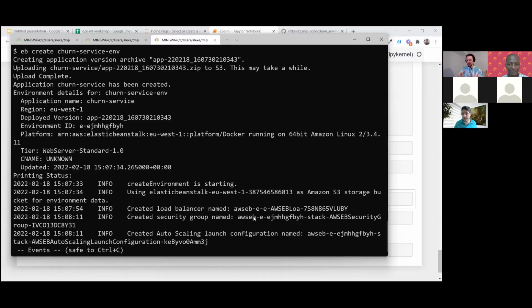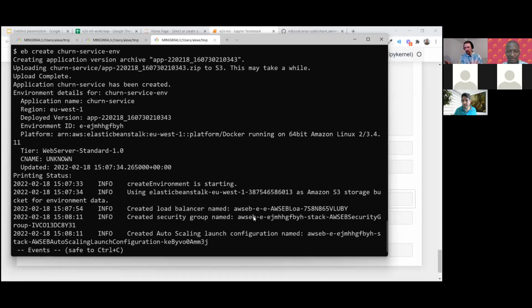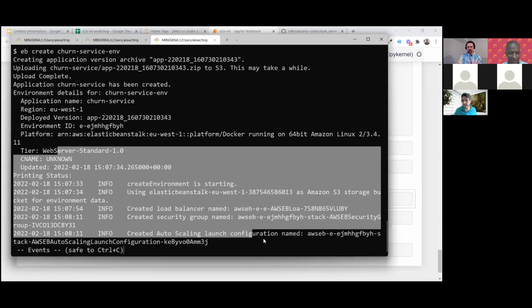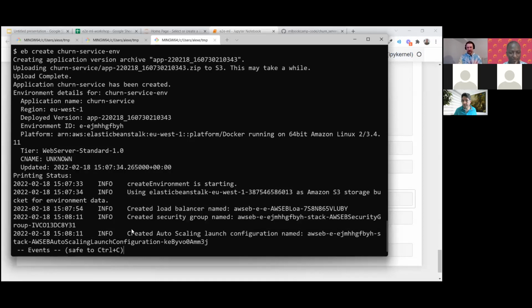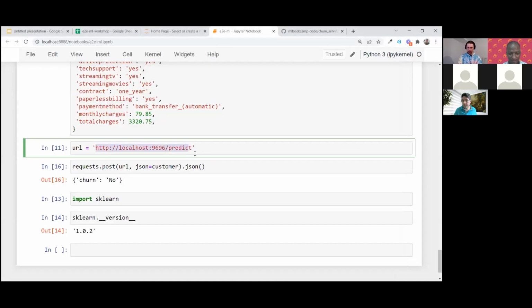I wanted to show you how to query Elastic Beanstalk, so give me one moment. I will just say what I would do if I had 5 more minutes. At the end of this process, there will be a link, a URL. You take this link, add /predict, and execute the same thing one more time, and then you get a response from Elastic Beanstalk. So it's as easy as that.